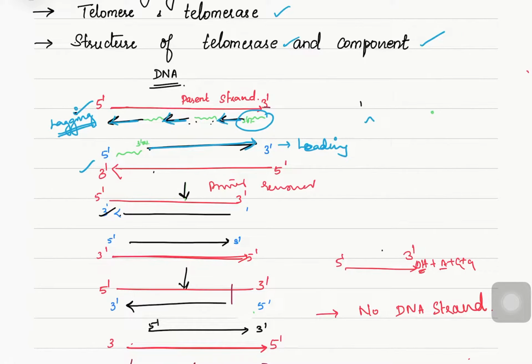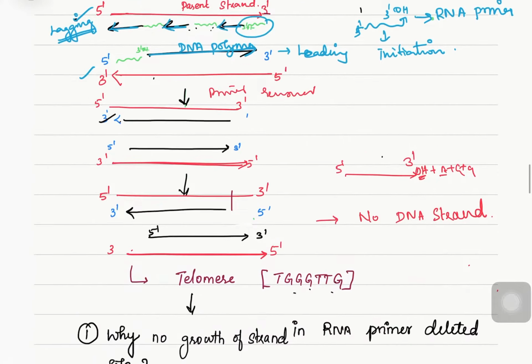So this is our RNA primer, which is also running in 5' to 3'. The function of RNA primer is only initiation. For initiation of a new strand, we need an RNA primer that will provide some sequence. Along with that, the DNA polymerase will elongate this strand. Hence for initiation we need an RNA primer, and for elongation we need a DNA polymerase. So this is very important to know.